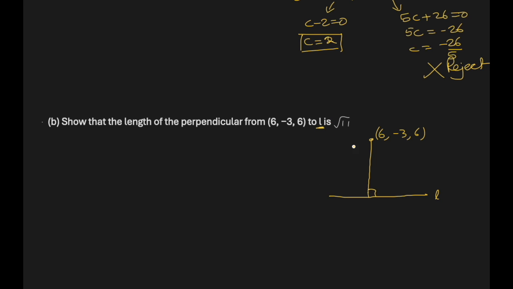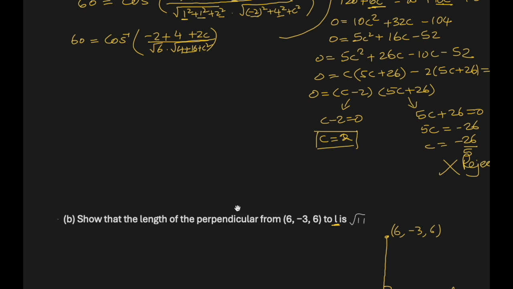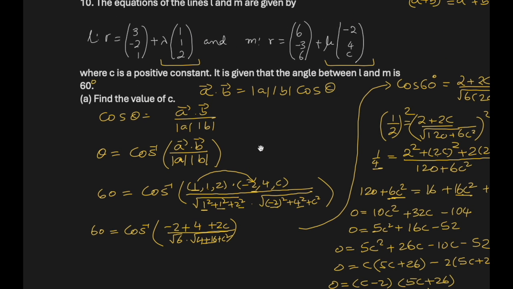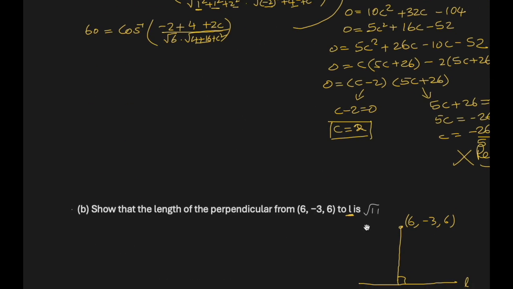So we have to show that this length is square root 11. So first let's see what the equation of L was. L is this one: r is such that (3, -2, 1)